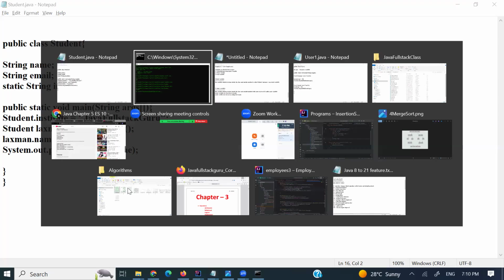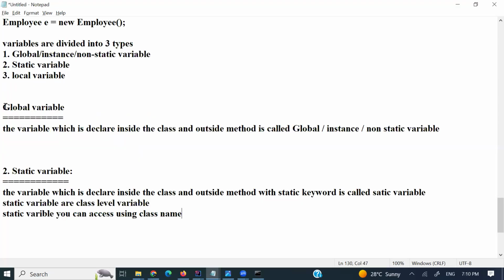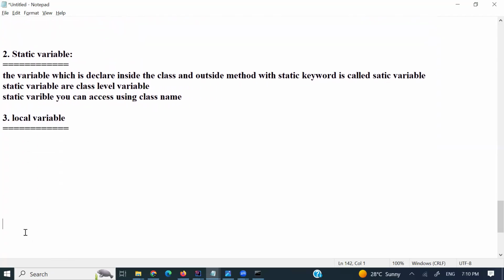And the next thing we have is the local variable. What is a local variable? The variables which are declared inside the method, inside the method,